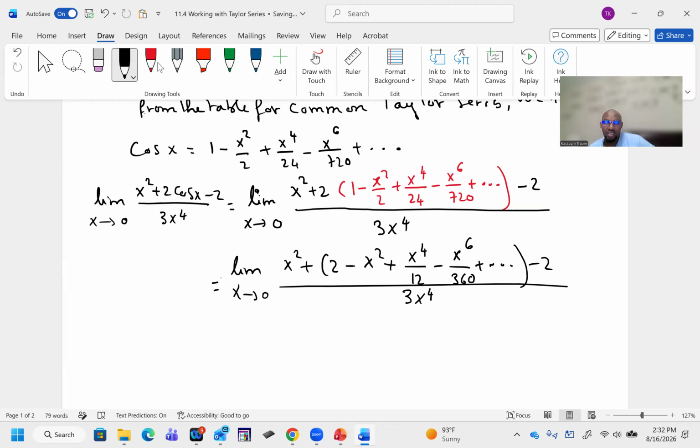So we can see x squared and negative x squared will cancel, 2 and negative 2 will cancel. So basically, we will be left with